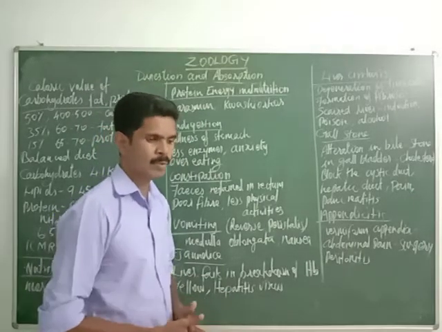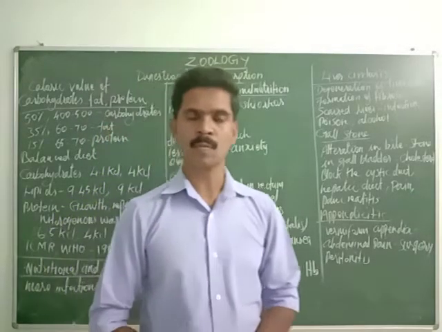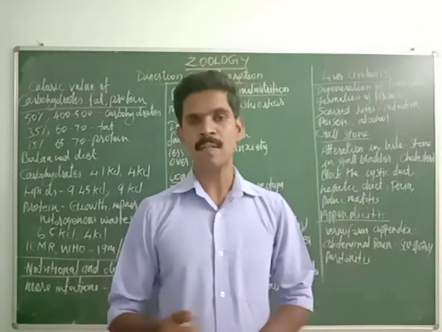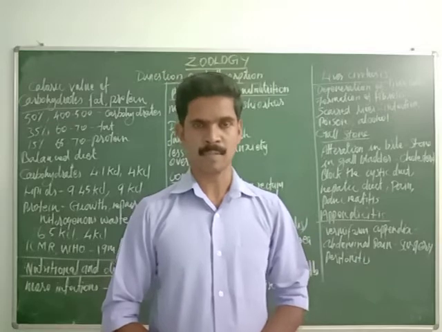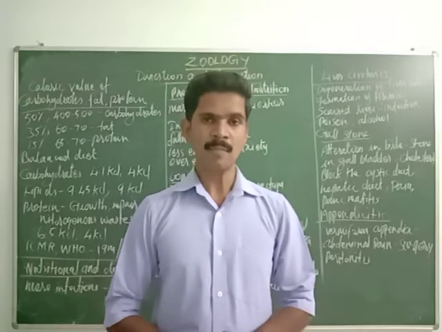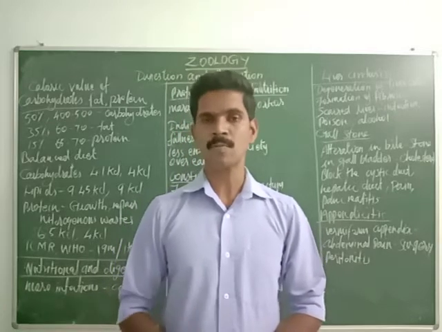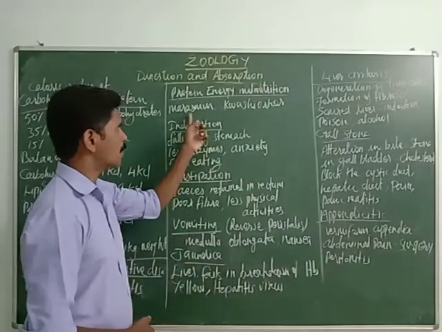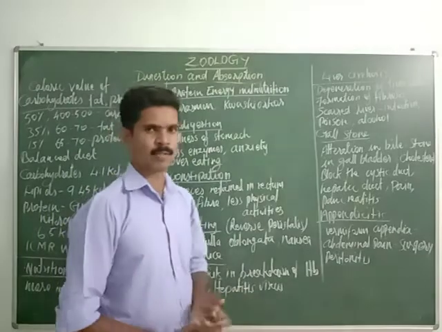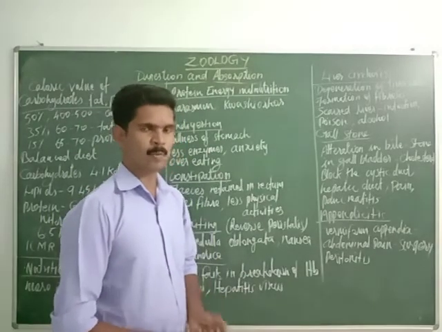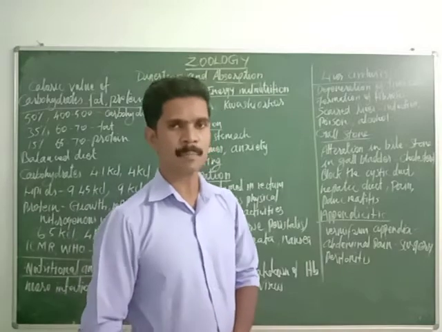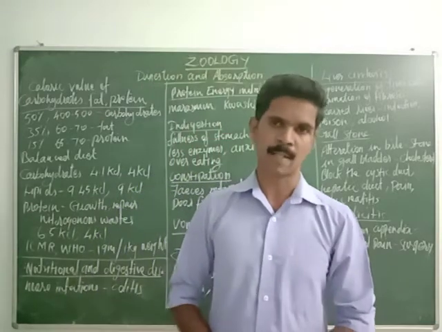Already I told you proteins are very important for growth, particularly in growing children. Protein molecules are very important for their growth and development. If the amount of protein is reduced in their body, it leads to two disorders or diseases: one is marasmus and the second is called kwashiorkor. These two diseases are due to the deficiency of protein in the body of children.